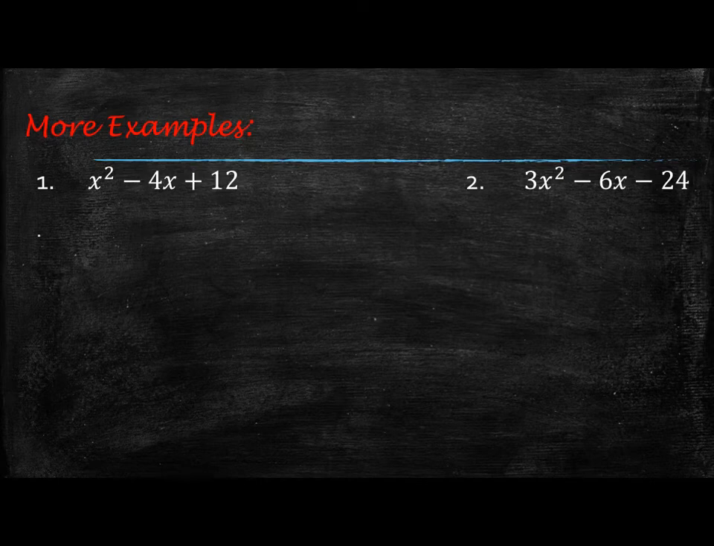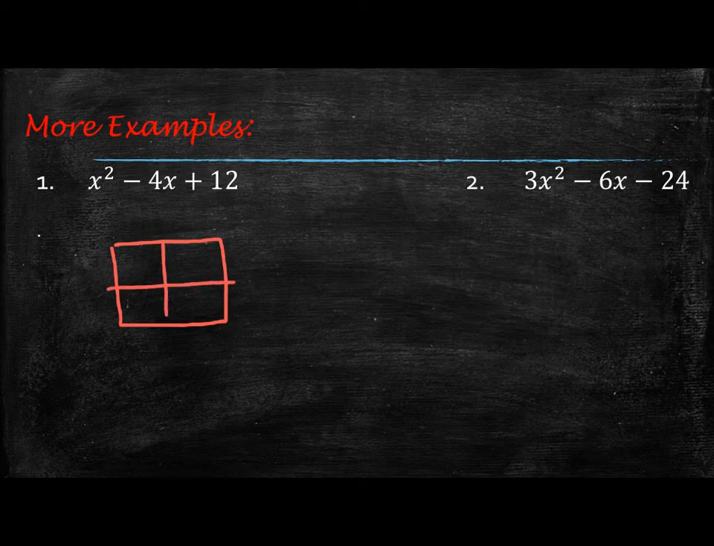Okay, so look at this first example, x squared minus 4x plus 12. If I follow the rules for the box method, the first thing you're going to do is make a window pane or a box. We're going to put our a term in the top left, so x squared. You're putting the whole term, so x squared. Then we're going to take our c term, which is plus 12, and put it in the